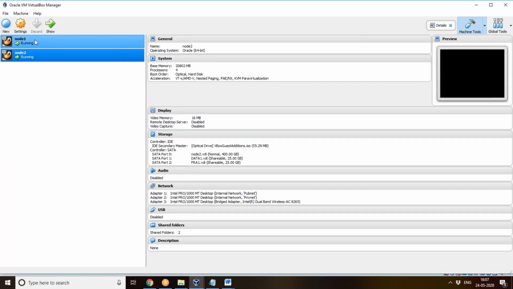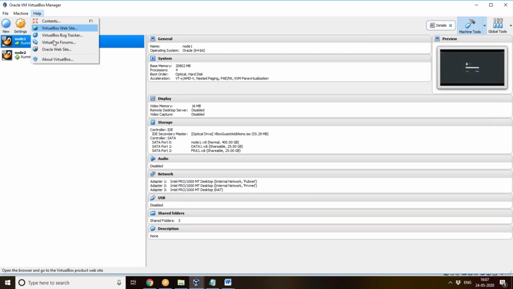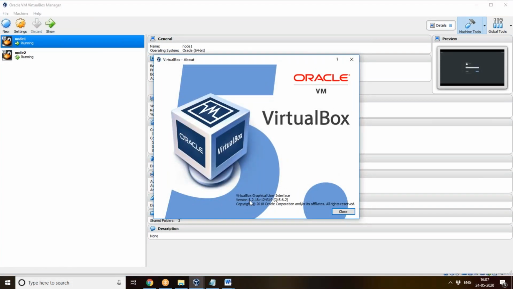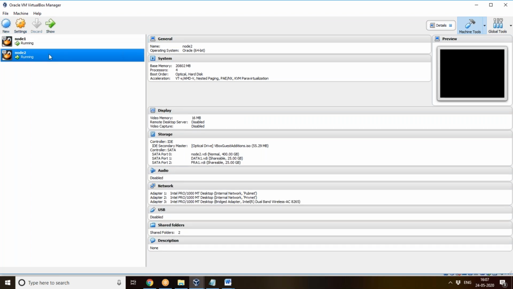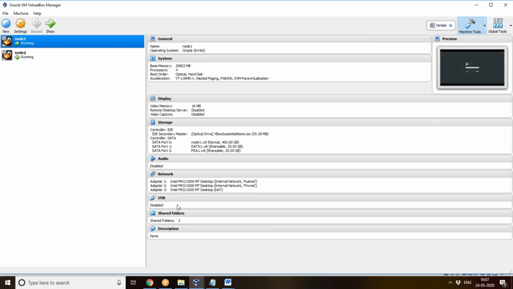So I have created two nodes, node 1 and node 2. I have used VirtualBox 5.2.18, and the Linux box is OEL 7.3, and I have done my grid installation using Oracle 12c R2.